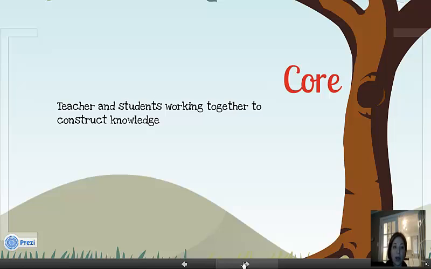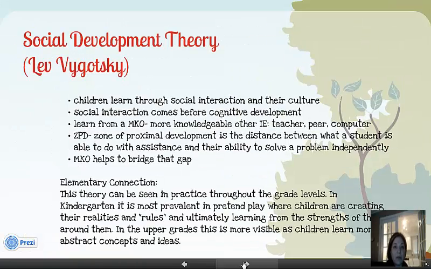A teacher is more of a facilitator, but when I need to be, I do impart the information and be the sage on the stage. But for the most part, I work with students to create and construct what they know and how they should know it.